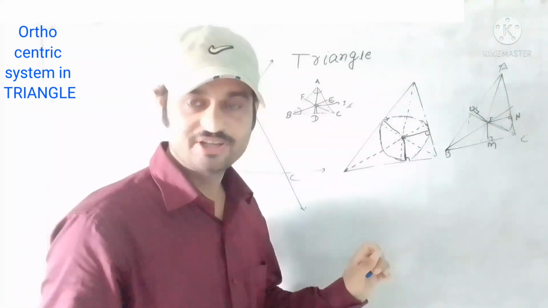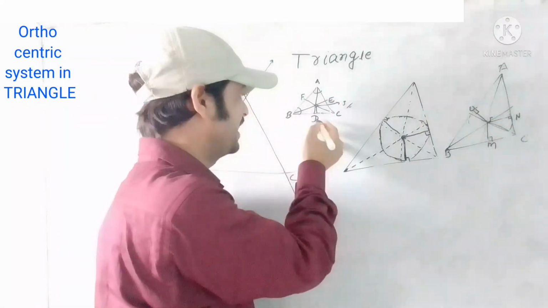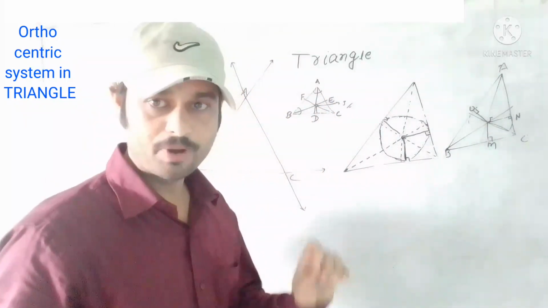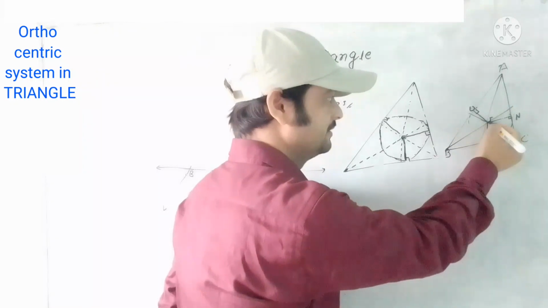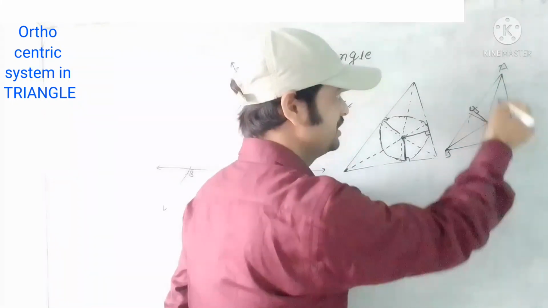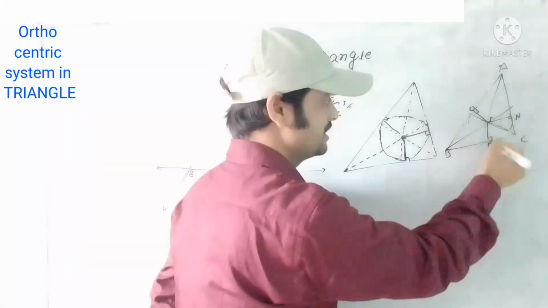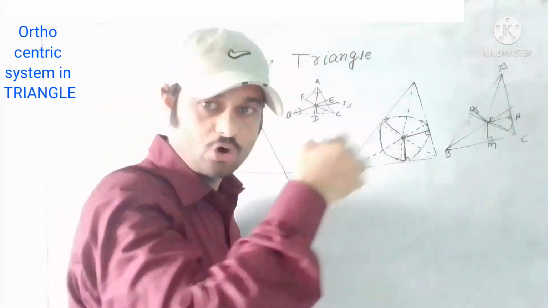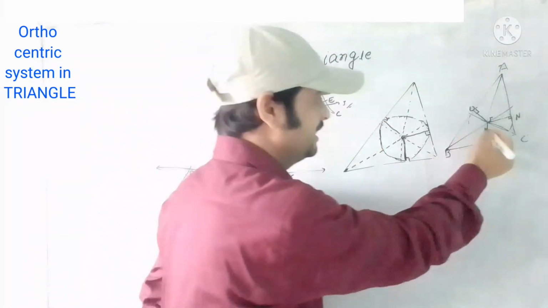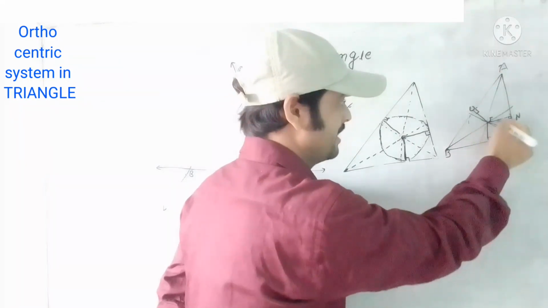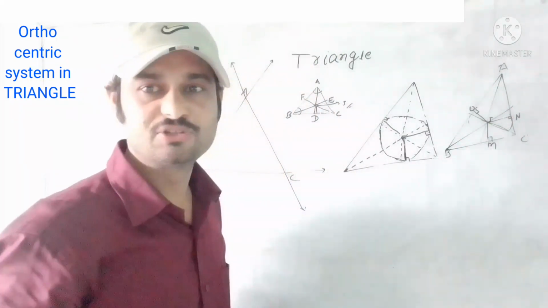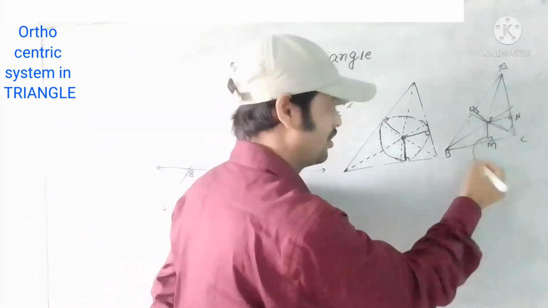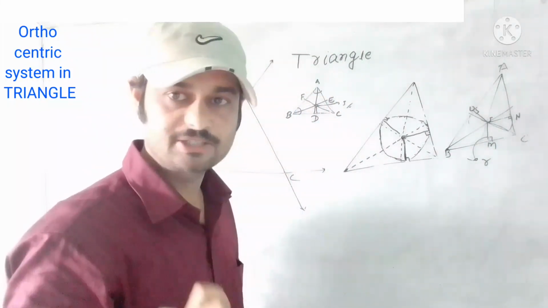This incenter is equidistant from all the three sides AB, BC and AC. When we draw perpendiculars from this point on BC, AC and AB, the perpendiculars are IM, IN and IO. If we draw a circle taking the radius IM, IN and IO, then this circle is known as the incircle and this perpendicular distance is called the inradius. It is denoted by a small r.